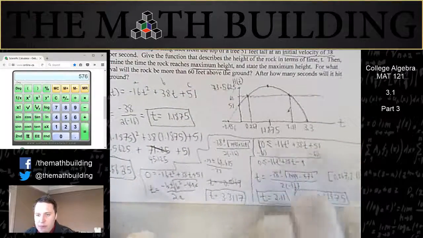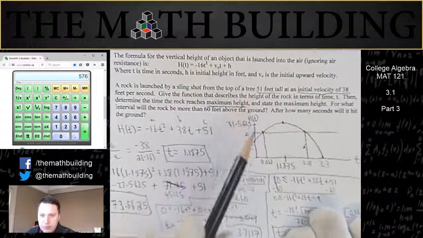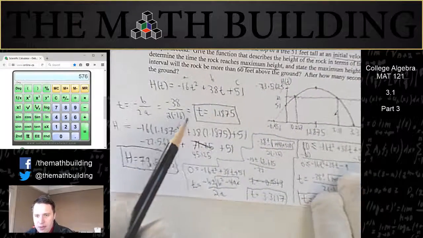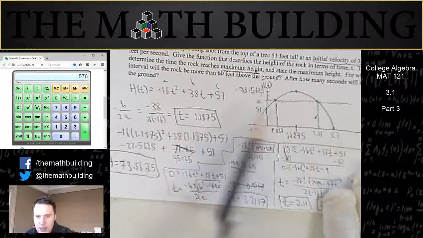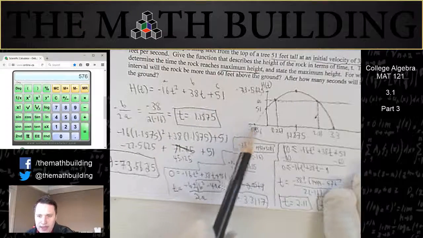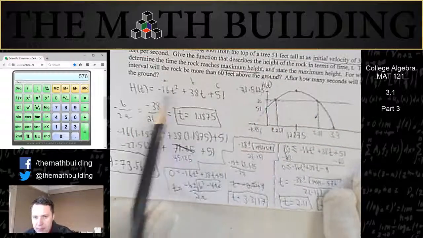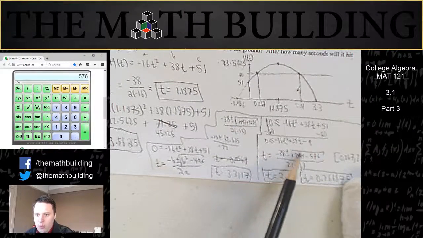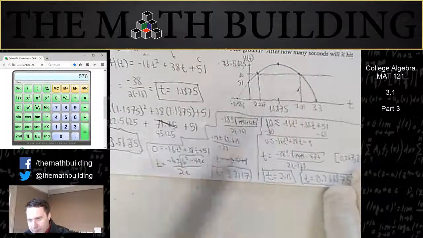So there's a lot to unpack in this problem. First we found the equation by plugging in the values. We found the maximum height, when it happened, and what it was by plugging in negative b over 2a and solving. We found when the rock hit the ground again by plugging in 0 here and using the quadratic formula, and we were aware that it gave us a negative answer. Finally, we found out when it was above 60 by plugging in 60 here, moving the 60 over, and then doing quadratic formula one more time, and that gave us those 2 points there and there. Or there, I mean. So there was a lot in that